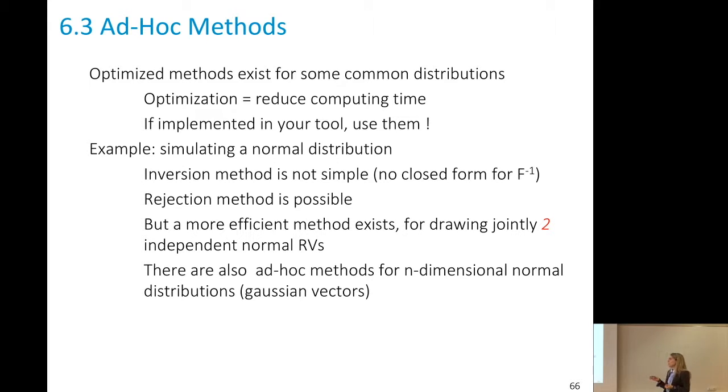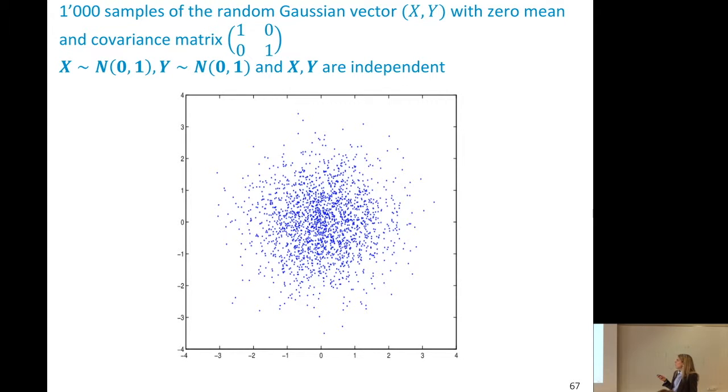Therefore, there are more efficient methods, and it's good to use them. So there are efficient methods for drawing two independent normal random variables, and also for n-dimensional normal distributions, or Gaussian vectors. Okay. So let's see now some samples of a random Gaussian vector x, y that has